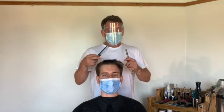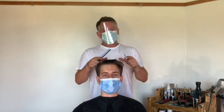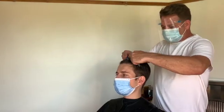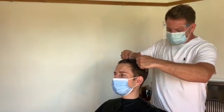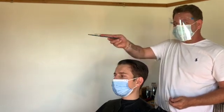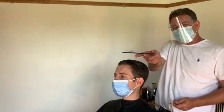And I only want to take a little bit off to soften, because ultimately what this is doing is cutting some of the hair. Let's say the hair's that length, and it cuts some of the hair to this length. When I do this, when I just softly go over the hair, okay? So you can see it's not a lot of hair that I'm actually removing,